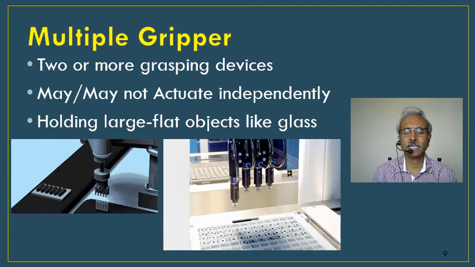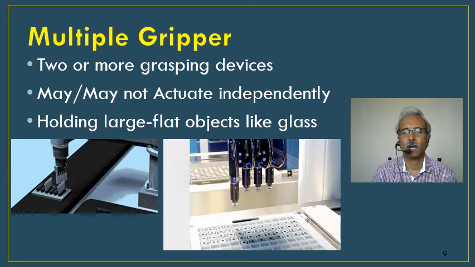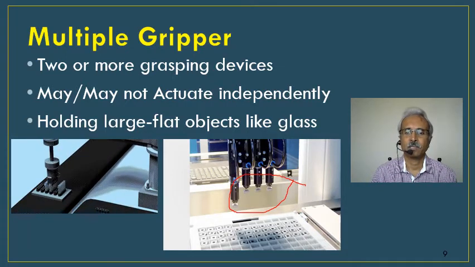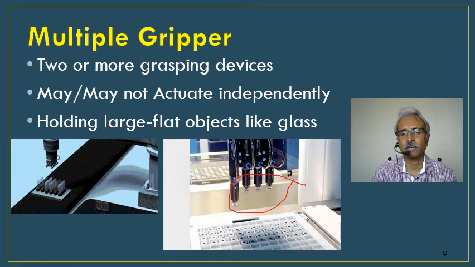So here, on the right hand side, you can see another gripper. If you look closely, you can find out it's packing of tool inserts. So you are able to see 1, 2, 3, 4 grippers here. All the 4 are holding the tool insert. So they can simultaneously work here or independently also work here.